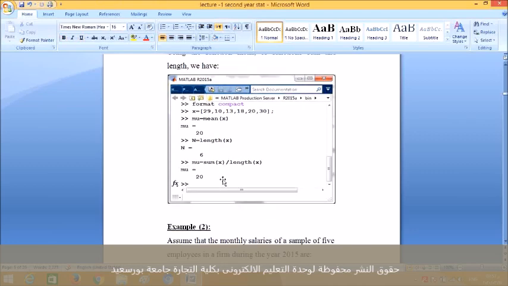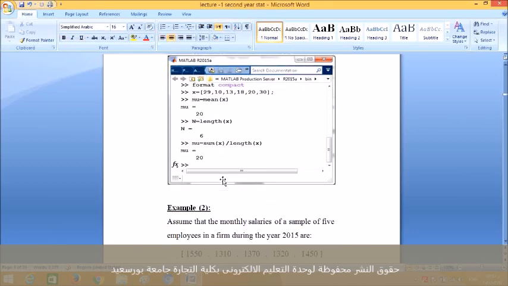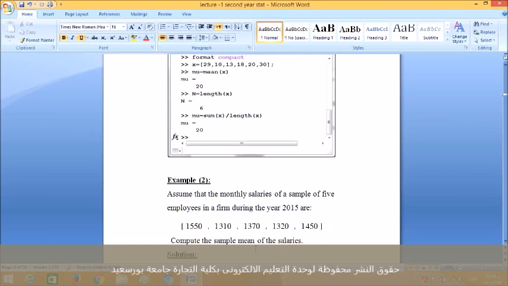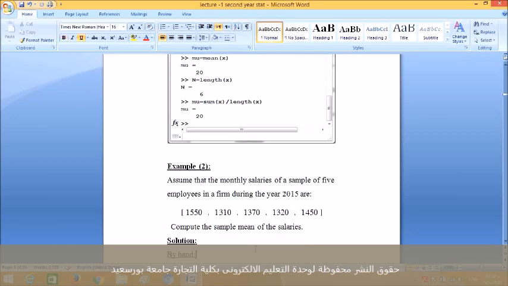Example 2. Assume that the monthly salaries of a sample of 5 employees in a firm during the year 2015 are these observations. Okay, they represent the monthly salaries of the employees. Compute the sample mean of the salaries. Okay, by hand,